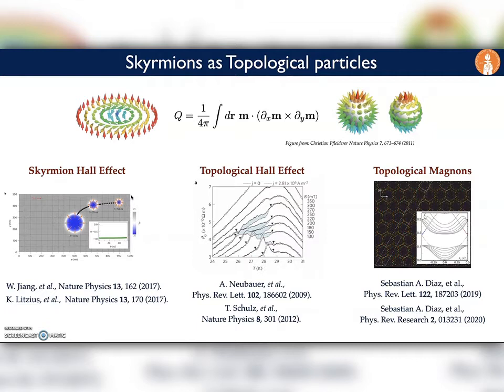When we talk about topological charges in 2D materials, we refer to Skyrmions, stable magnetization textures characterized by a finite topological charge. Their dynamics is governed by topology. That gives rise to very interesting phenomena, including the experimental observation of the Skyrmion Hall effect, in which Skyrmions are deflected in a direction transverse to the applied force, the topological Hall effect in charge transport, and the suggestion of the existence of topologically protected chiral magnonic edge states in Skyrmion crystals.